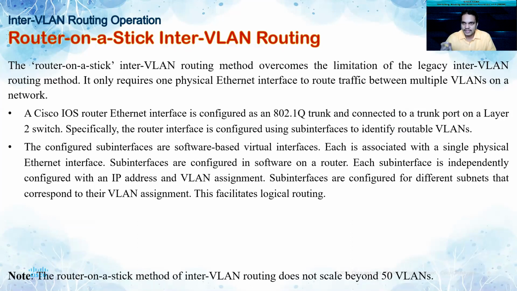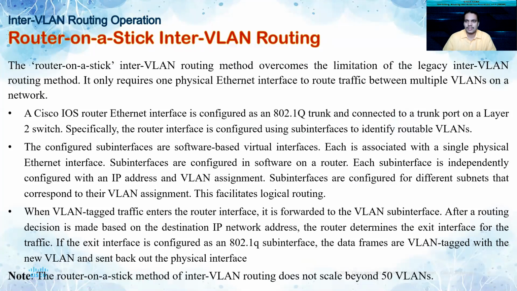Each of these sub-interfaces is independently configured with an IP address and a VLAN assignment. These sub-interfaces are configured with different subnets. These subnets or IP addresses correspond to the VLANs to which they belong. This facilitates logical routing. So one interface can be divided into multiple sub-interfaces, and each sub-interface can carry traffic from one